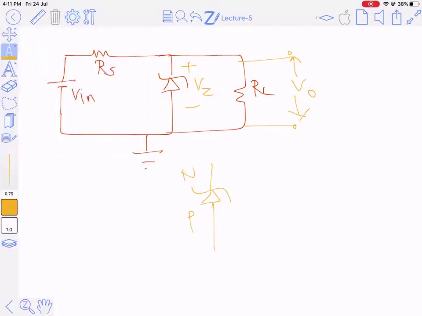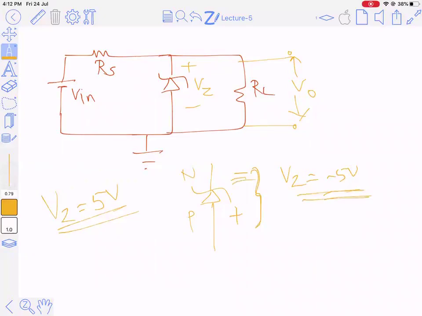Now, if you look over here, this should be positive and this should be negative, no? But how did I draw? I drew this as positive, this as negative, because the value of Vz I'll be taking in a plus manner only. So if I write it in this notation, I have to write Vz is minus 5 volts. So I'm taking it in this format and then I'm going to just use the value of Vz in a positive manner. Is this clear? So if you look over here, when you write it like this, and someone says what is the Zener voltage, it is negative only.